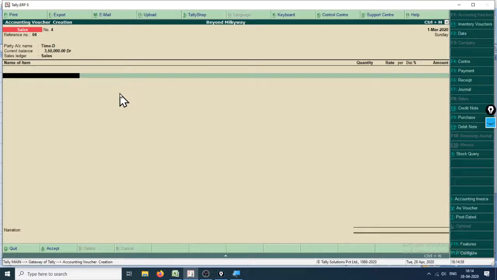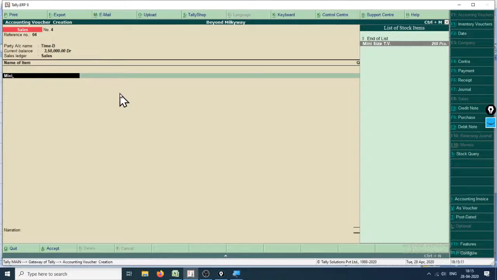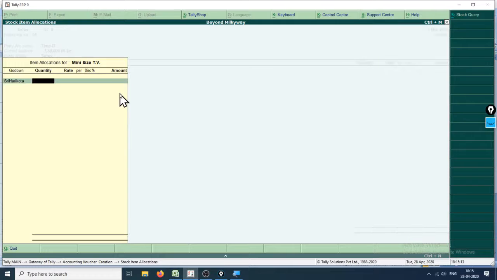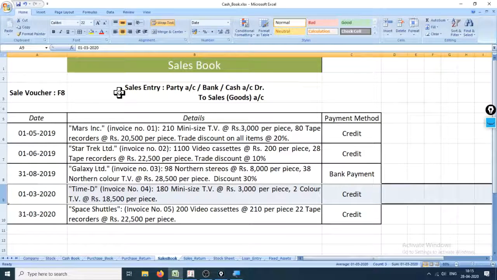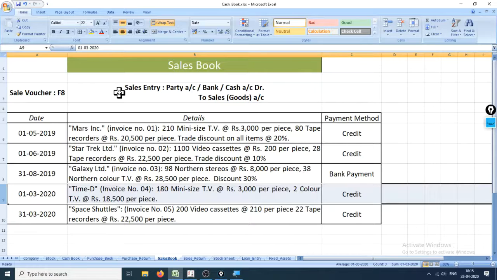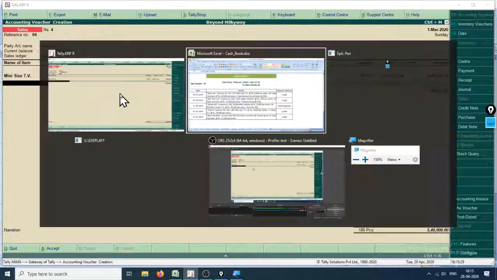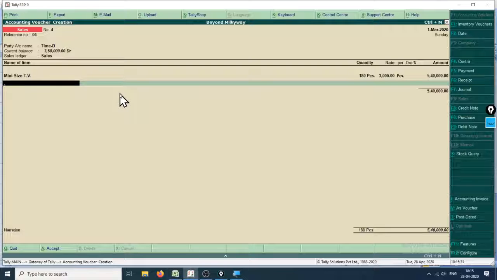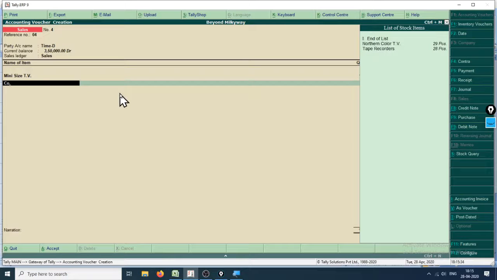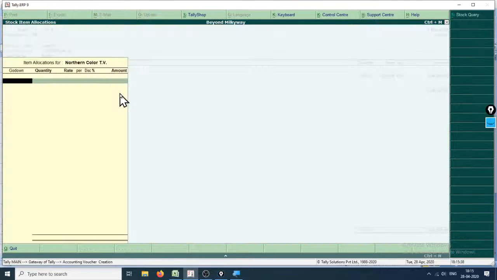1/3/20. What are we selling him? Mini size TV, Sri Harikota go down, 183,000. Okay. Discount at the rate of. Oh, there is no discount for you, man. Good day. And color TV, Northern color TV. Okay.